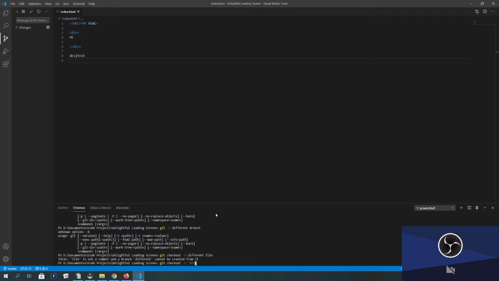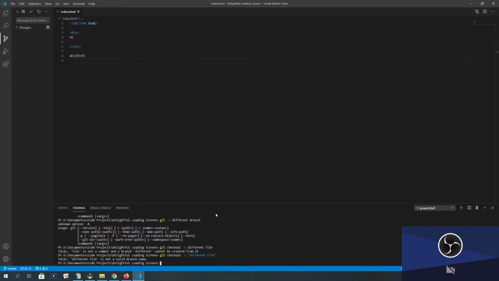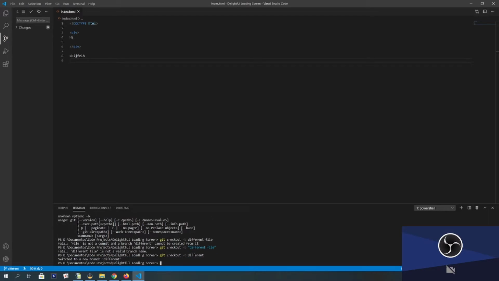Let's try like this, see if it works. It's not a valid version. Different. Let's put difference. And now, then if I go git checkout name,